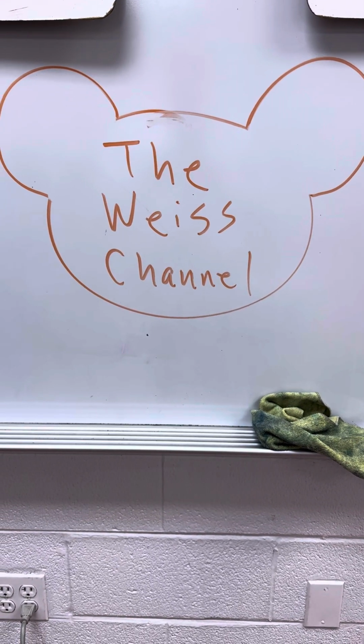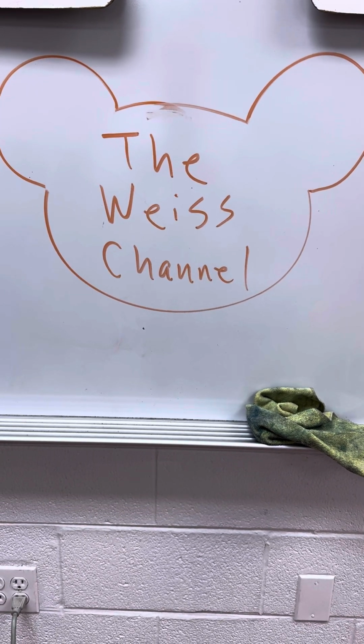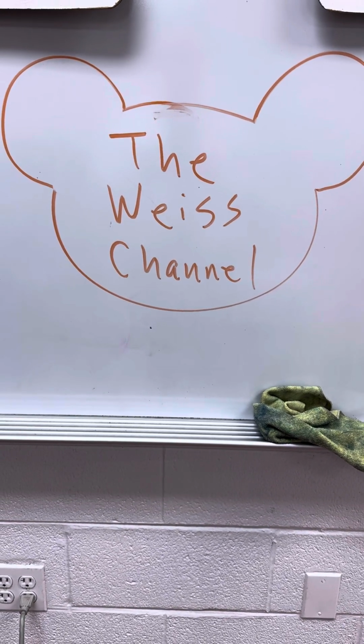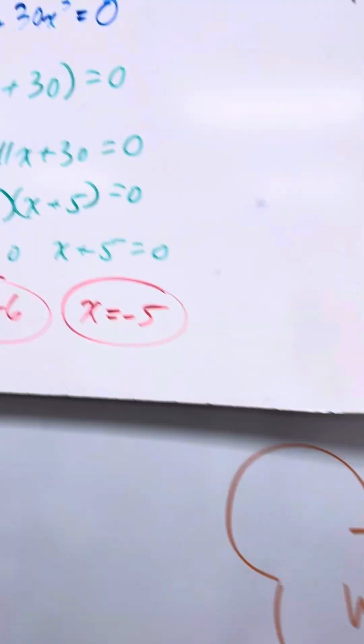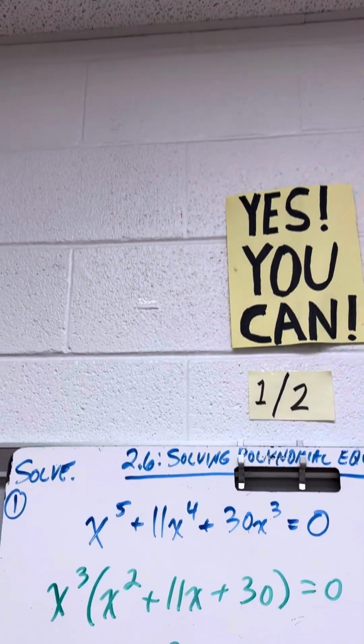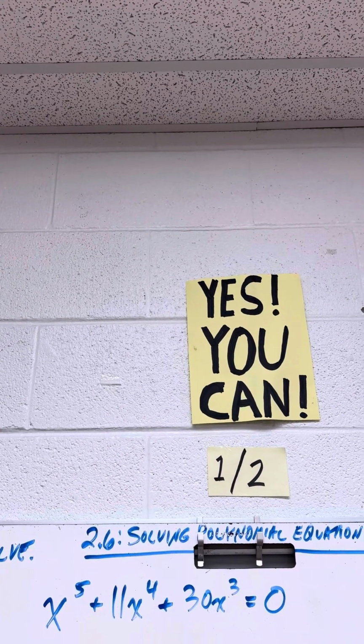Today I'm going to talk to you about solving polynomial equations. Sounds much harder than it is. Really easy, okay? For example, x to the fifth plus 11x to the fourth plus 30x to the third equals